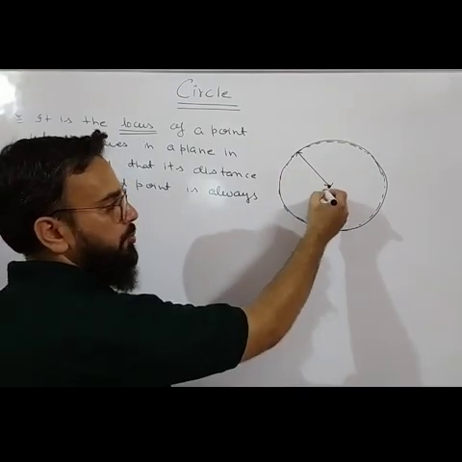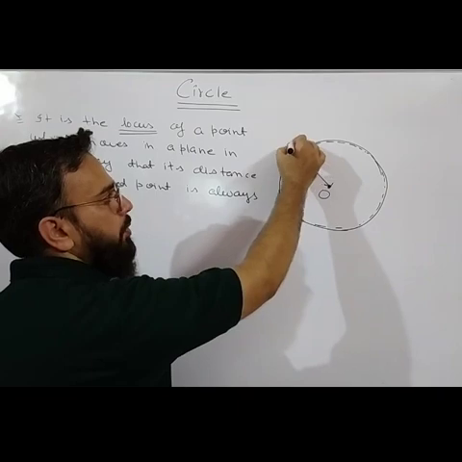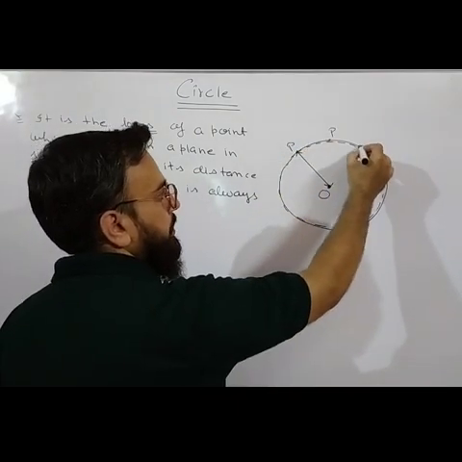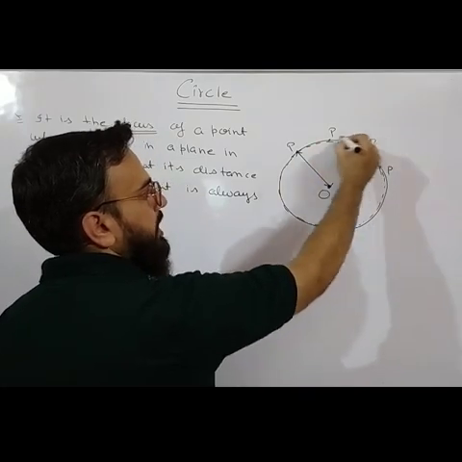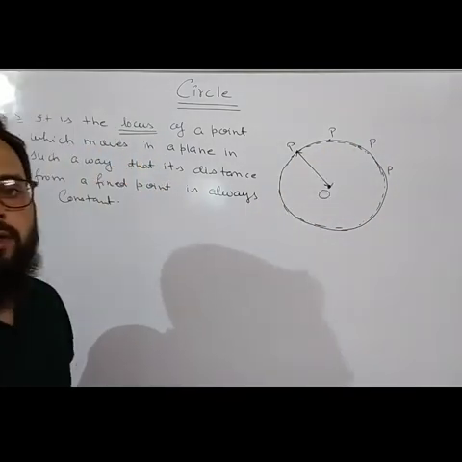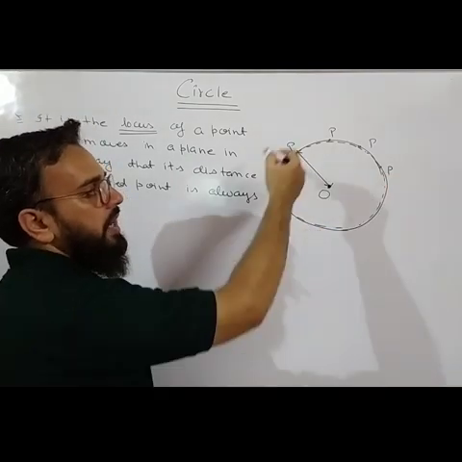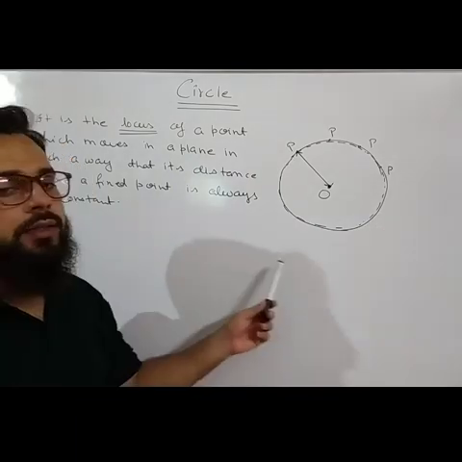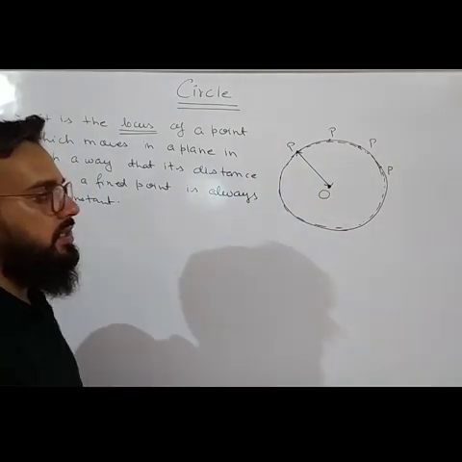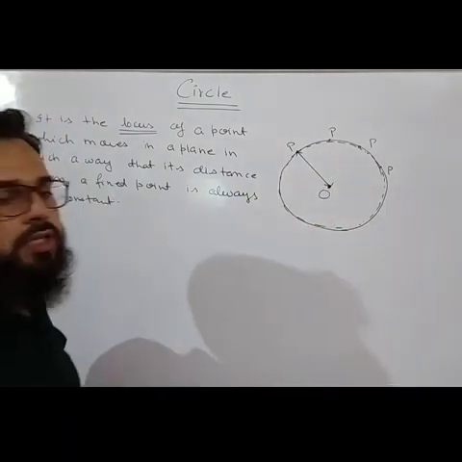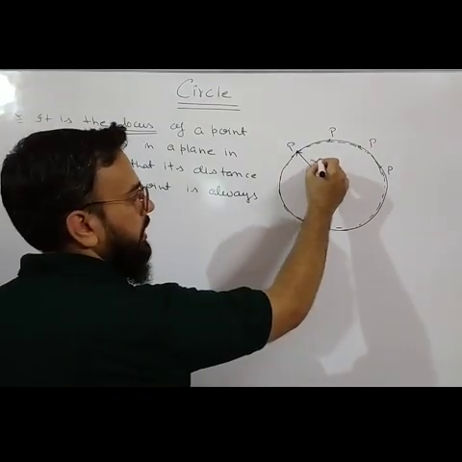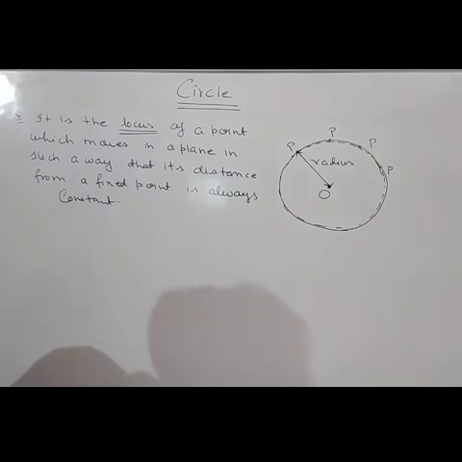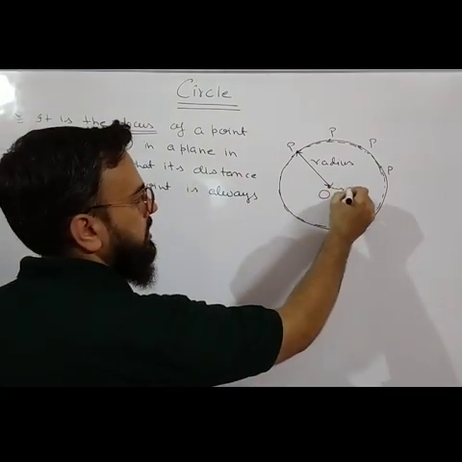You have put the compass at point O, suppose, and this is our tip of the pencil. So this point P is moving in this way. All these points will be P. This point P is moving in this plane. So a complete path is formed, and this path is called locus. So the locus of all the points which move in such a way that its distance from a fixed point is always constant, and this fixed distance is known as radius. This fixed distance is called radius, and this fixed point is called center.